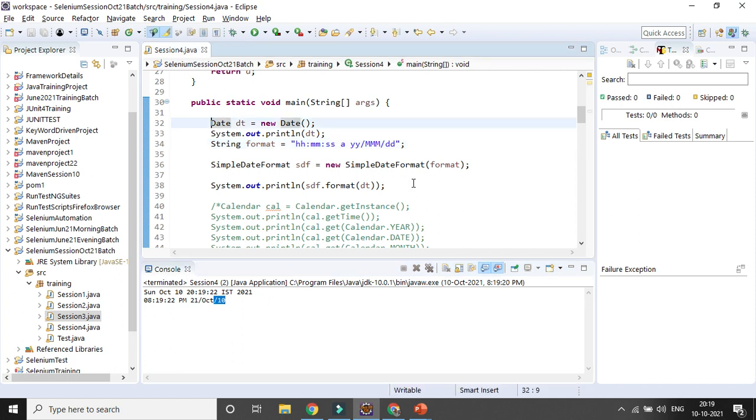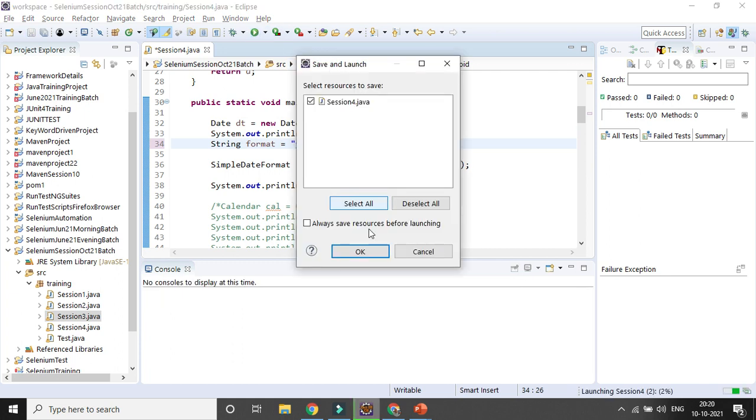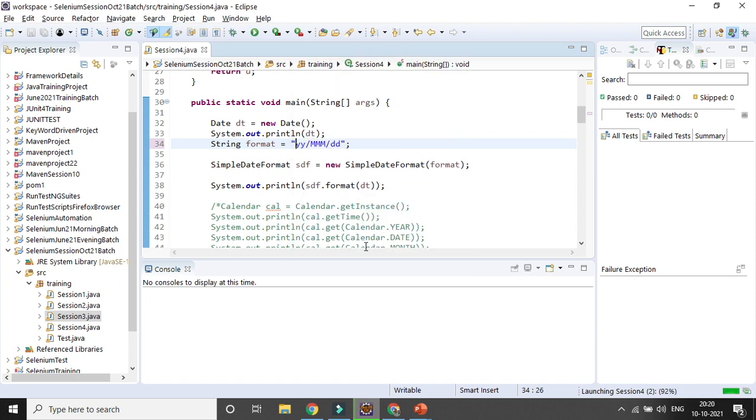So basically, we need to define the format using format, and format is a variable, right? Whatever you want to change. Suppose I don't want to take this, I want to take only that one. Sometimes I want to deal with only the month, year and the day. I don't want the hour, minute, second. So definitely I can get it. That is the format whatever I am preferring. You can see this coming.